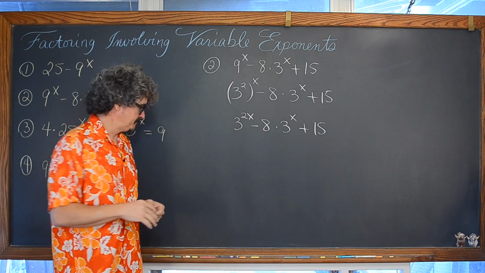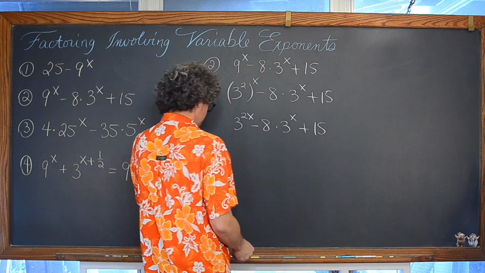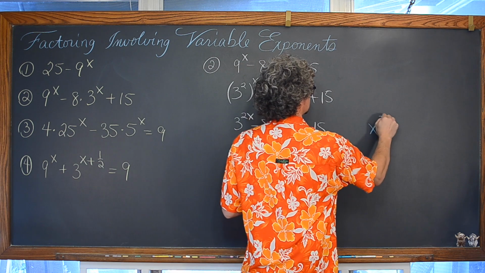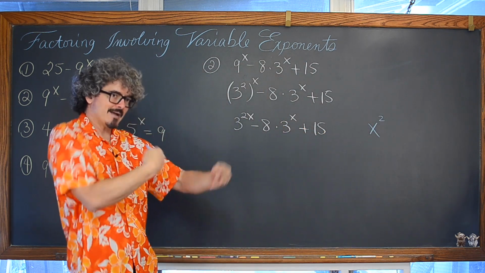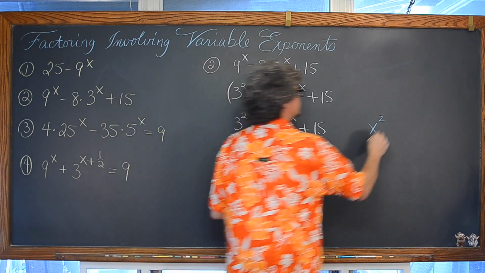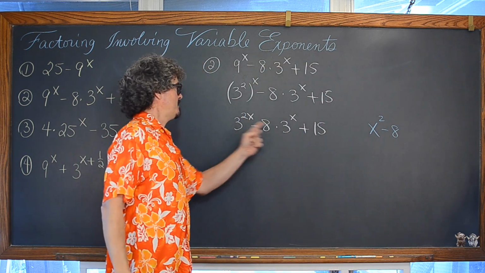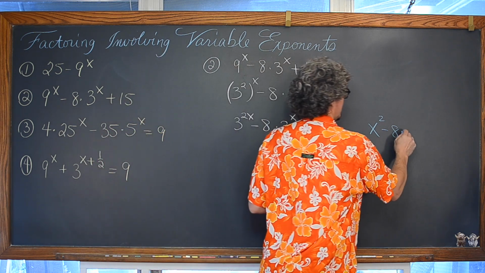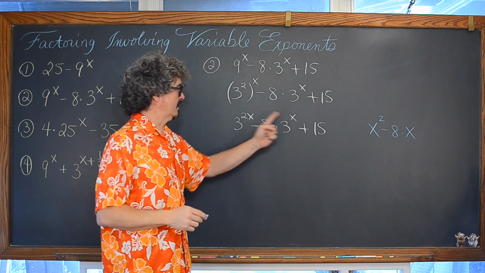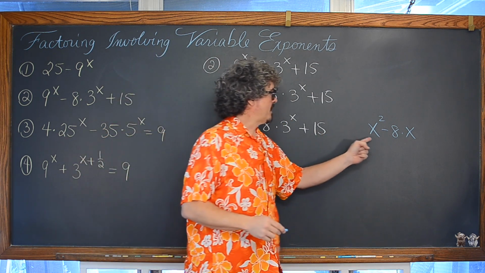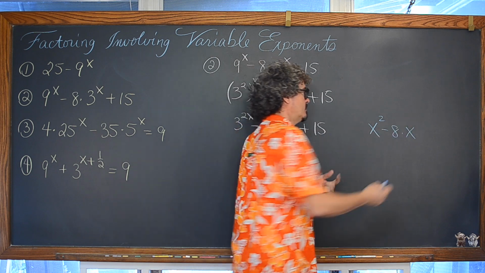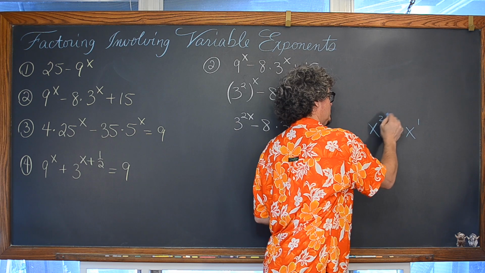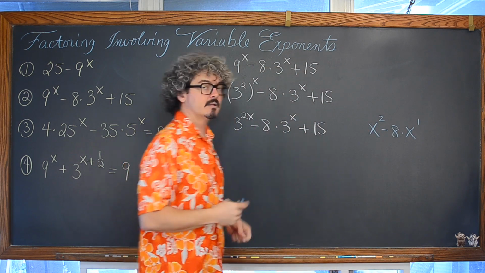This is going to factor the same way that this would factor. It's some common base to a power. Now, this isn't the same question, but to tie in with skills you already know, minus 8 times that same base, base 3 here, well, maybe at the end of Algebra 1, you'd see that common base written as an x. And this exponent is half of this exponent. Well, if I write x squared minus 8x to the first, and we don't normally write that exponent of 1, this exponent is half of that exponent. So it is the same pattern, and then plus 15.